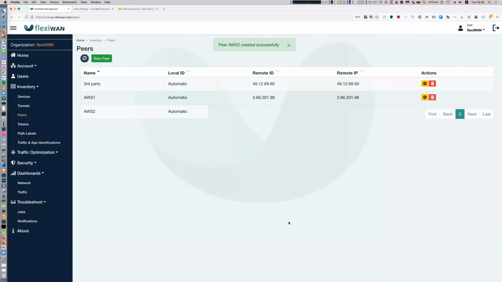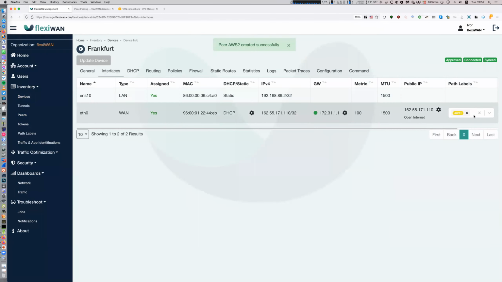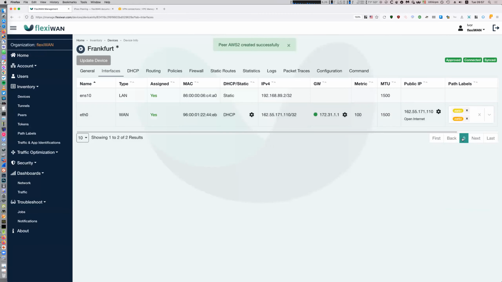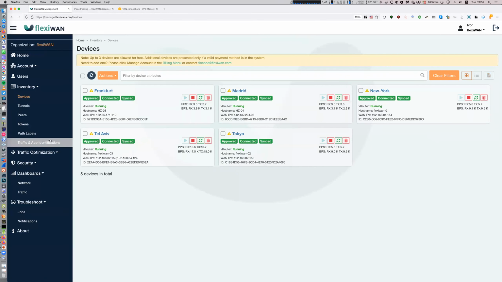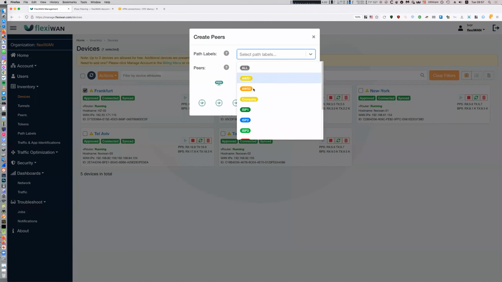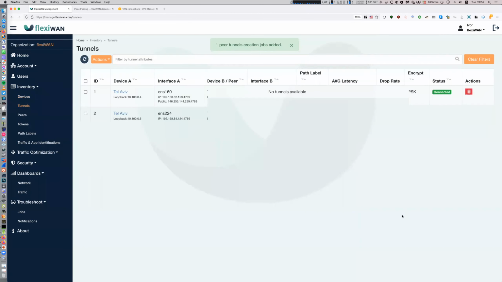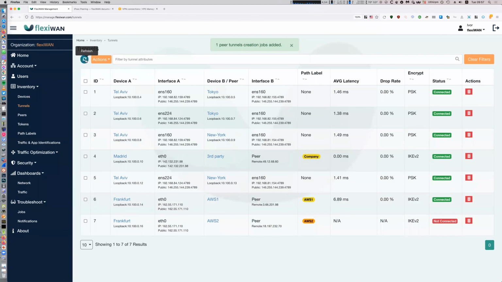That should be it. Now we've created the AWS path label, so I'll also assign it here, and I'll do this. Now that we have a path label assigned, I go to actions, and we also configure the secondary peer. We're just going to create another peer connection. We're going to select AWS2 to match it. And here are the tunnels. In a few moments, it should be able to connect to